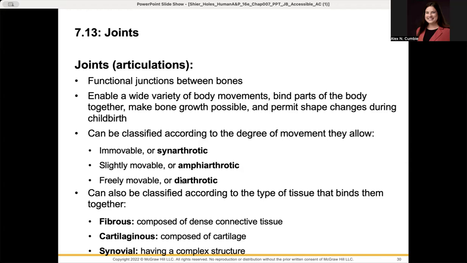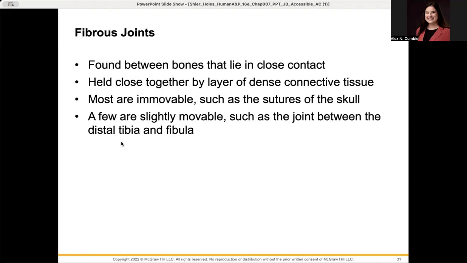Not only do we classify by movement, we also classify by type. So there are three types of joints: fibrous, cartilaginous, and synovial, which we're going to get into now. For fibrous joints, they typically hold bones together into close contact using dense connective tissue. Fibrous joints, for the most part, are immovable, meaning that they are synarthrotic, but there is one example where they